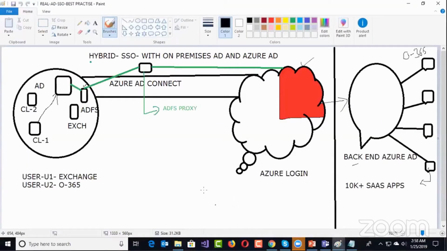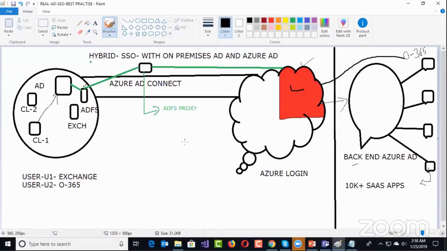So in this scenario, say for example, early in the morning I logged in with a laptop and it authenticates with the on-prem AD. After that, I open a cloud application like Office 365. It goes to the Office 365 directory. The Office 365 directory is saying, boss, let's go to Azure AD. And it knows my password, but you have to authenticate a second time.